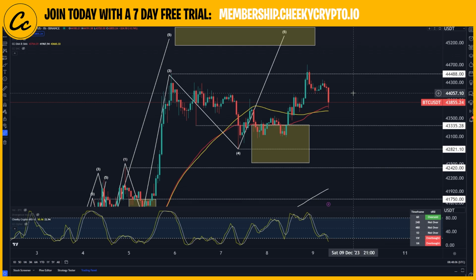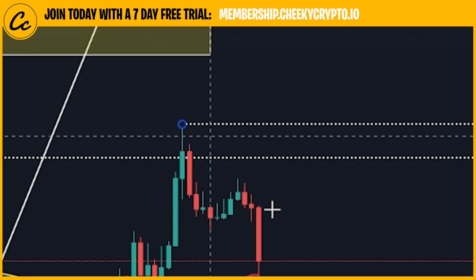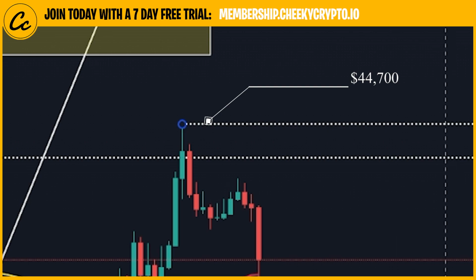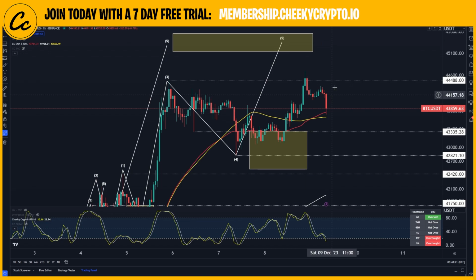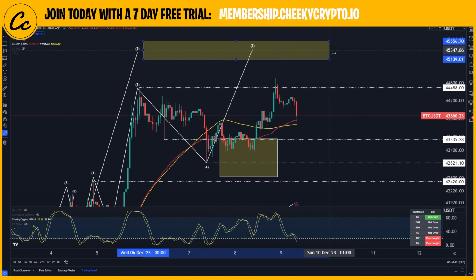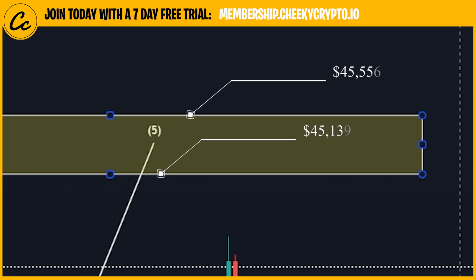Okay guys, so here we have Bitcoin paired up with USDT. We are on the 1 hour Binance chart and let's reflect on what's going on. We hit this new yearly high just up here at the $44,700 level. This is signaling a bigger move to the upside where we are targeting our range just here at the $45,139 to